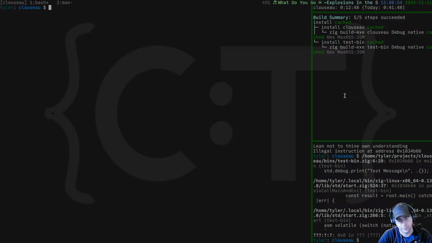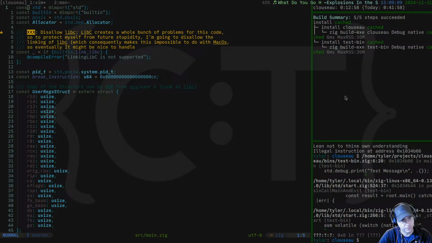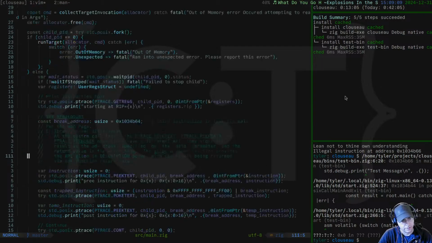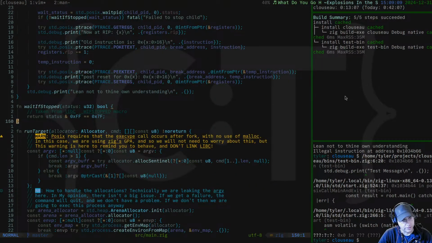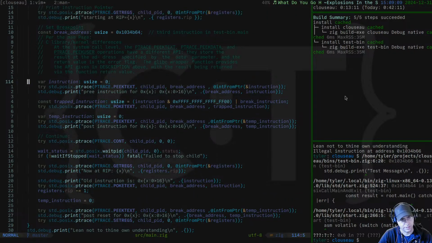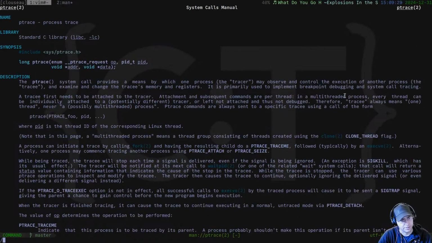So yesterday we were working on our debugger, Zig Debugger, and got to a point. Let's pull up the code here. Some of this is new from yesterday, but we got to a point where we were working on setting a breakpoint. And so here we have our code to set a breakpoint. And one of the pain points we got into, if we go to the man page for Ptrace,